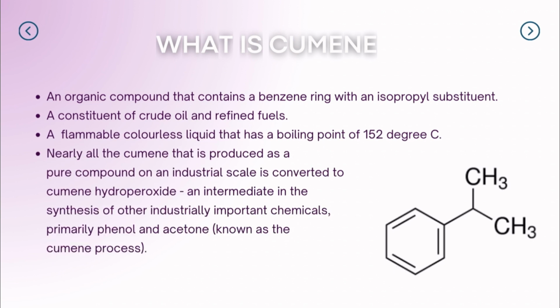So what is cumene? Cumene is an organic compound that contains a benzene ring with an isopropyl substituent. It is a constituent of crude oil and refined fuels. Also, it is a flammable colorless liquid that has a boiling point of 152 degrees C. Nearly all the cumene that is produced